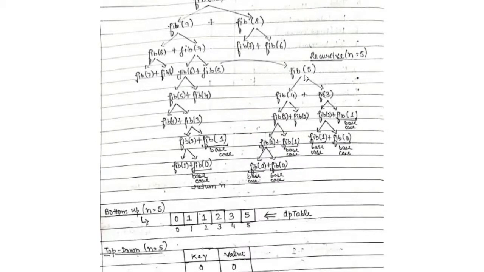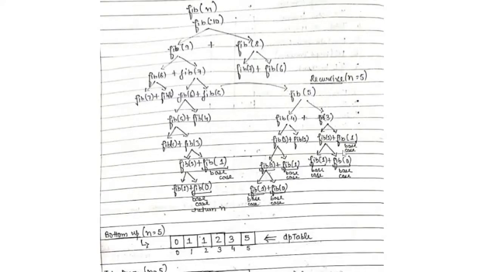Look, how did we solve this Fibonacci 5? We solved it with the help of two subproblems. And what were those subproblems? Fibonacci 4 and Fibonacci 3. And how did we solve Fibonacci 4? With the help of two more subproblems, Fibonacci 3 and Fibonacci 2. The same way, how did we solve Fibonacci 3? We solved it with the help of Fibonacci 2 and Fibonacci 1. And how did we solve Fibonacci 2? We solved it with the help of Fibonacci 1 and Fibonacci 0. And how did we solve Fibonacci 1 and Fibonacci 0? We didn't solve them. These were our base cases.